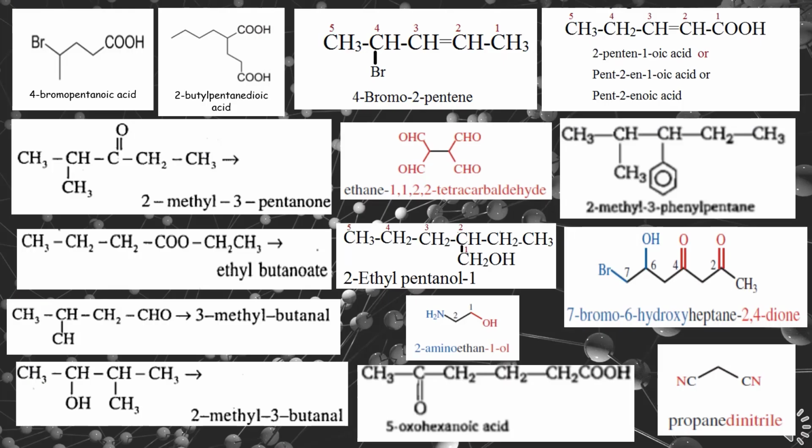Here are some examples to consolidate our learning. Let's take this example. Here it is 2-methyl-3-pentanone. We can see that 2 substituents are present: C double bonded O, which is a keto group and the primary functional group of this compound, and methyl is the substituent. In which way do we have to start? We have to start in the way where we get the lowest number for the substituent. So we see that it is at number 2 position. So we choose the first one, that is from left to right, because the numbering will be less. So the final nomenclature will be 2-methyl-3-pentanone.